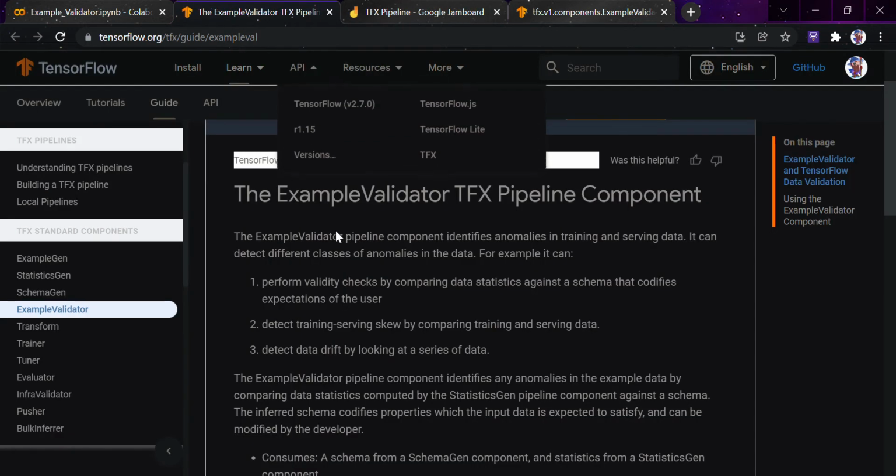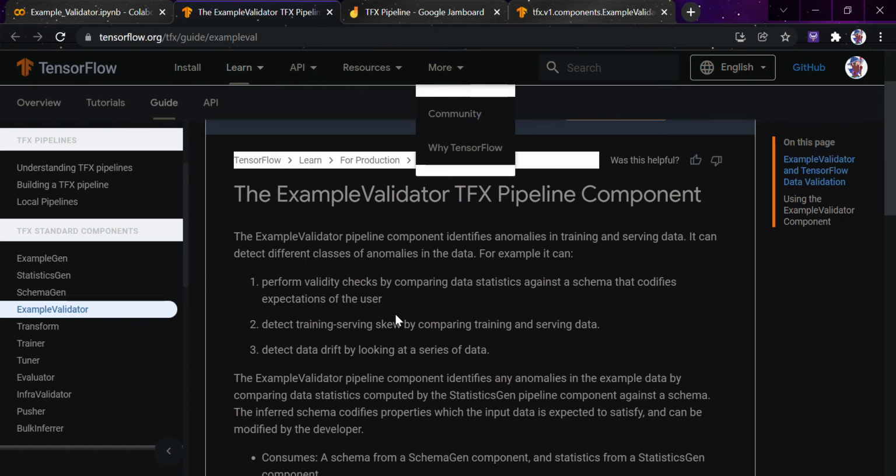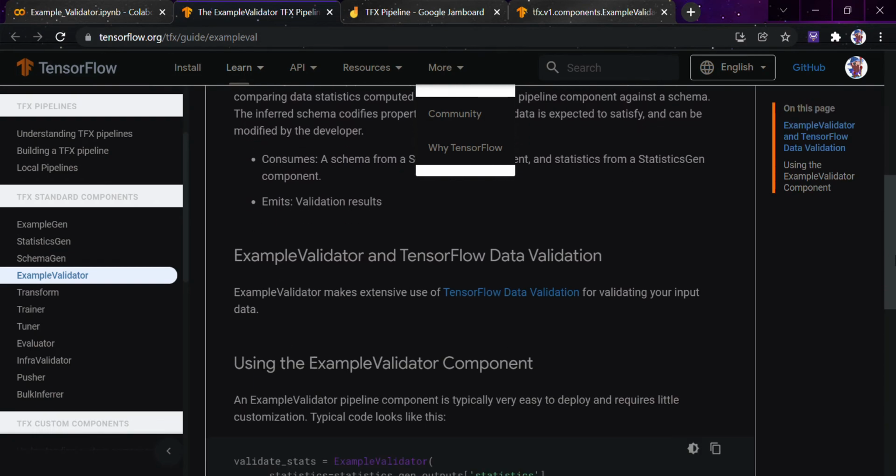Now, among all the things it can do, it performs validity checks by comparing data statistics against a schema that codifies expectations. It detects training-serving skew by comparing training and serving data, and detects data drift by looking at a series of data. So it usually happens